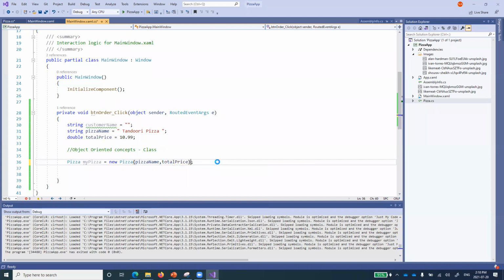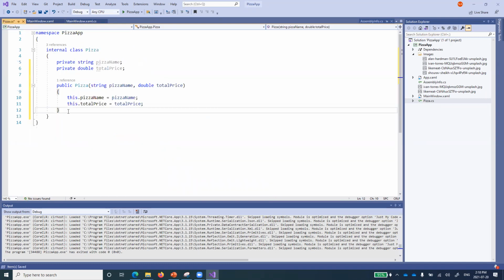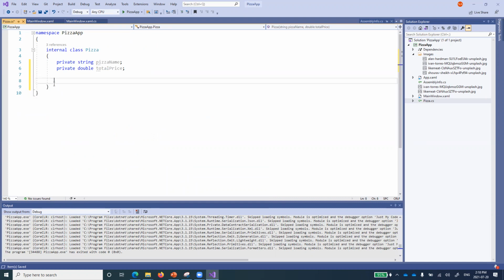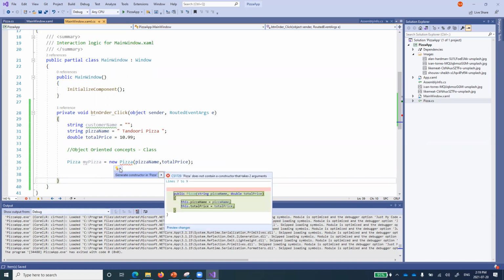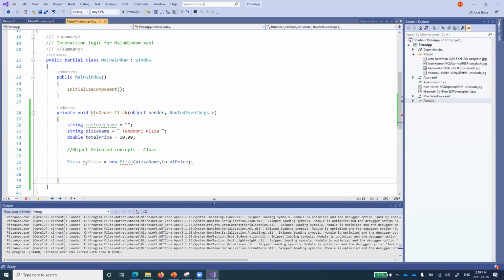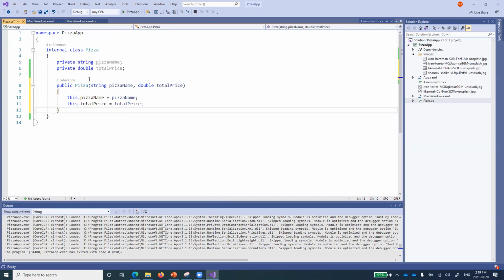Let me show you how I create. So one thing was that I would have gone over here and created by myself. I don't want to do that. Visual Studio, like C sharp, this .NET will do it for myself. You see over here, this says that pizza does not contain a constructor that can take two arguments. I'm trying to call a constructor that takes two arguments. You understand? So if I take my cursor over it, it says, okay, should I generate the constructor in pizza? I say yes, generate the constructor in pizza. So when I do that, if you go back to your pizza.cs, do you see the constructor being created over here?